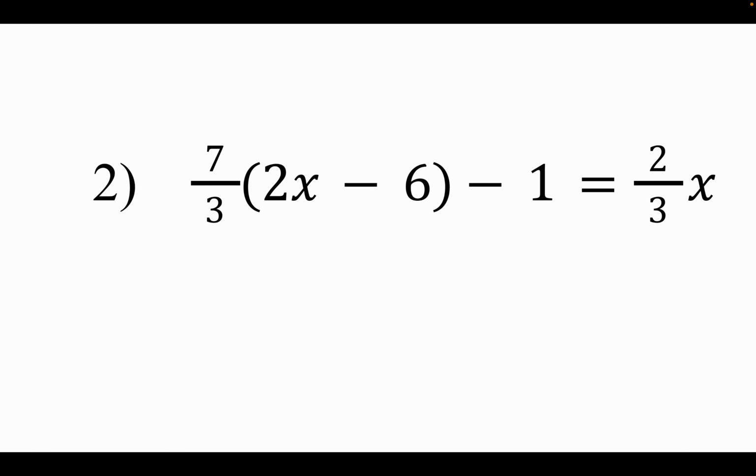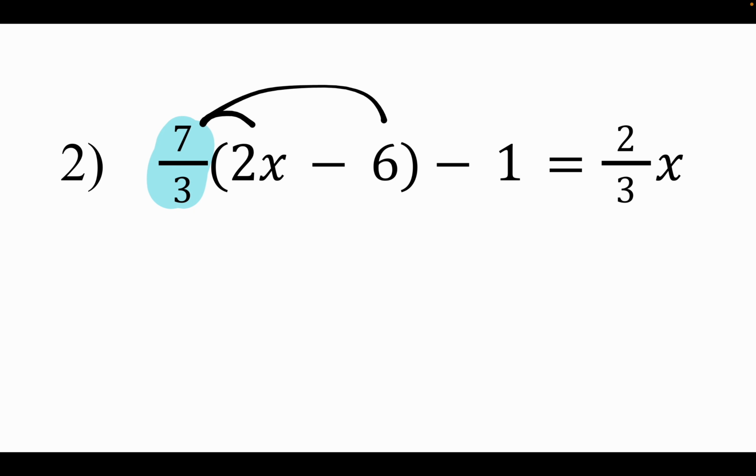Number 2, we have to distribute the term that is in front of the parentheses. So we're going to distribute 7 over 3. So 7 over 3 times 2 is 14 over 3, and then there's an x, minus, and then 7 over 3 times negative 6 ends up just being negative 14, and then minus 1, you bring that down,